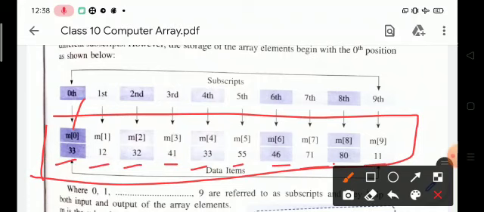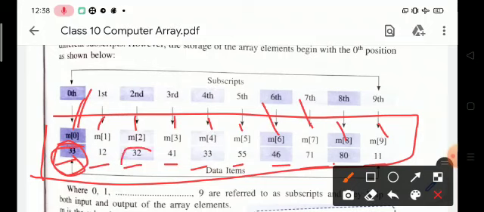And here M0, M1, M2, M3, M4, M5, M6, M7, M8 or M9. These are the positions, to show the position of the given element. It means the index value of 33 is M0.